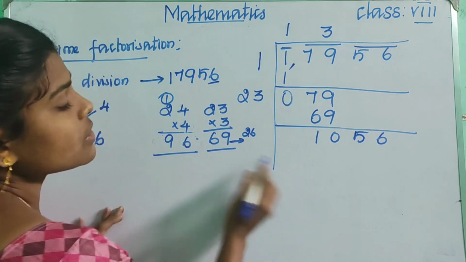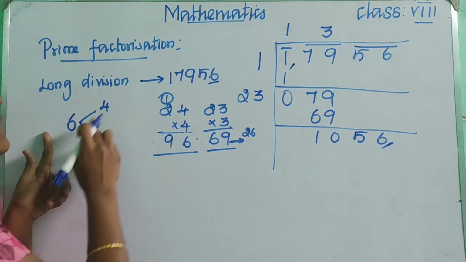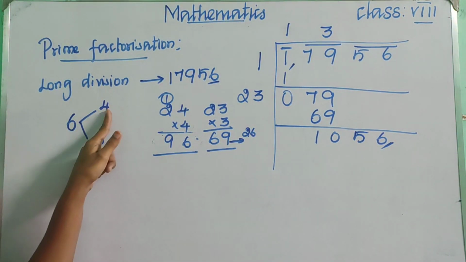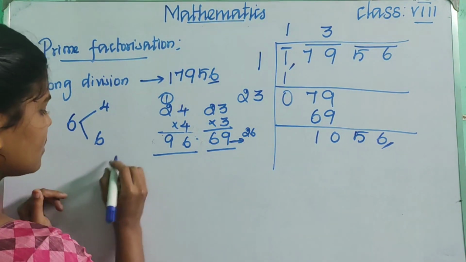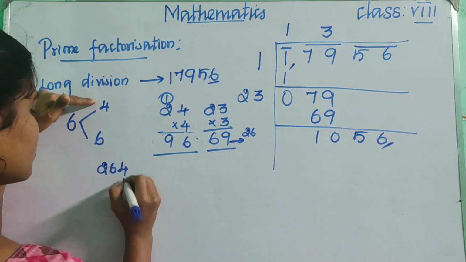26. Okay, so what is there in the units place? 6, right? So if there is 6, we will get the numbers as 4 or 6. Okay, so what we can do? 26 here is here, so 26. Okay, put 4 and 4.